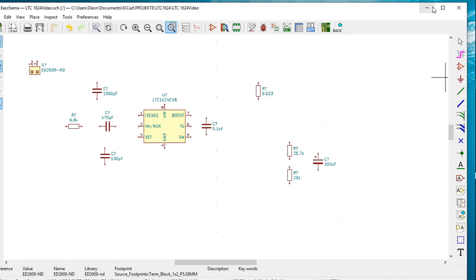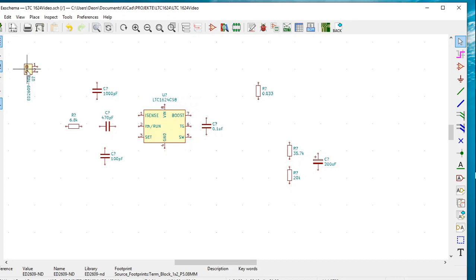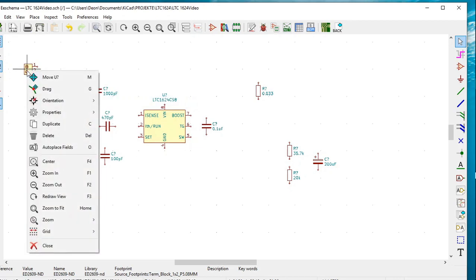Last time we imported this component, the terminal block, which will serve as the place where the 12-volt input will be connected. Just to get the orientation correct, select it, right click on it, select orientation, rotate clockwise, right click on it again,